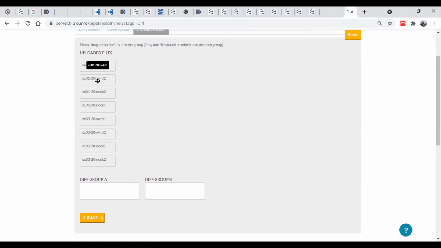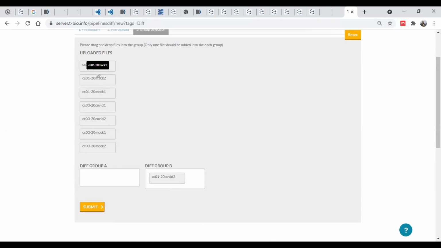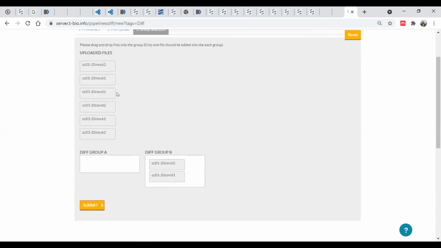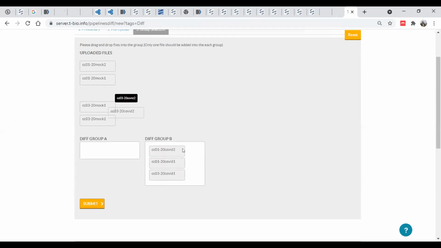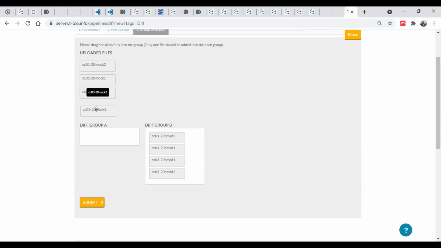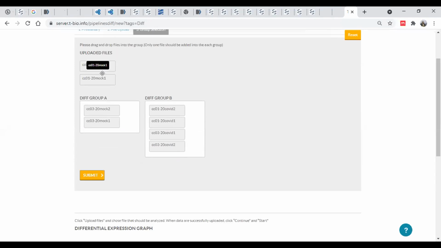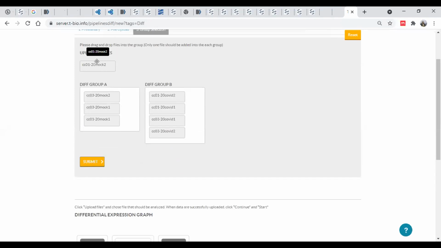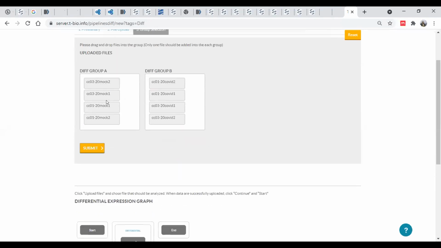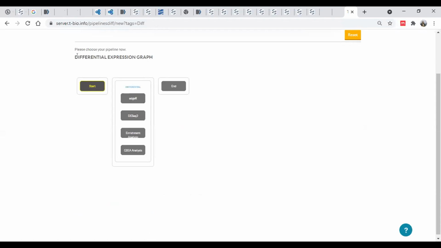The condition that I want to analyze is COVID-19, so COVID infected. I am dragging all the COVID samples into group B, then the mock samples here in the first group. You always need to remember which samples you defined as group 1 or group 2, right? Then we can submit.